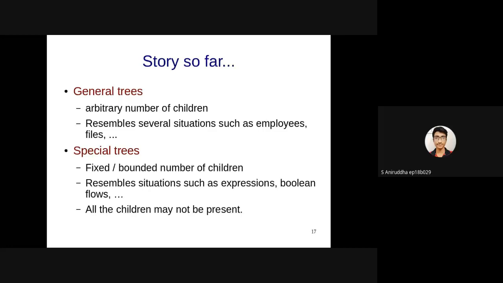Sir, since each node can have a different number of children, won't it cause a problem? Like, I mean, what will be the problem?